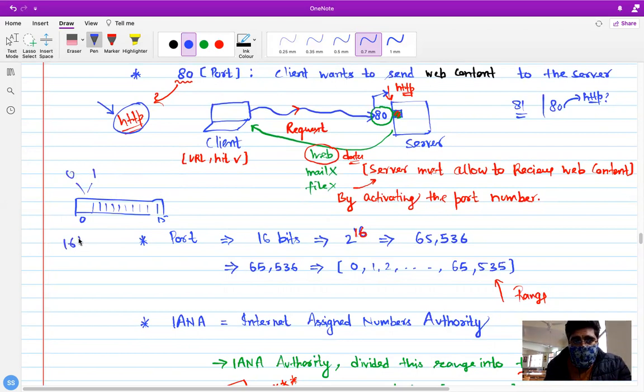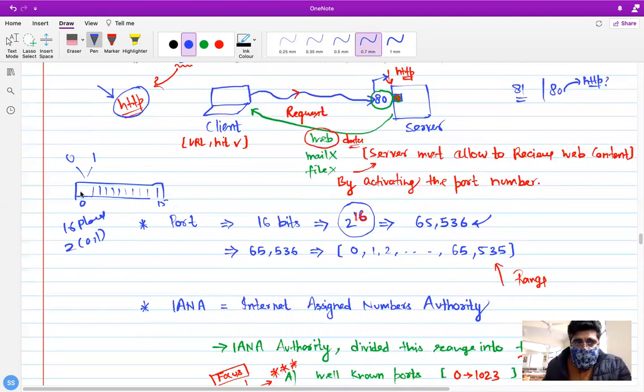You have 16 places and two choices, either 0 or 1. If you use permutation and combination, or basic logic, you get 2 to the power 16. These are the number of decimal numbers you can have. You can have the binary number out of this, but eventually you can convert those numbers into decimal.